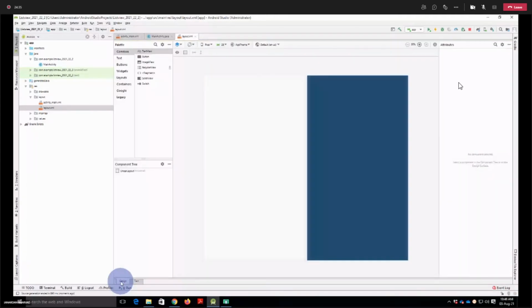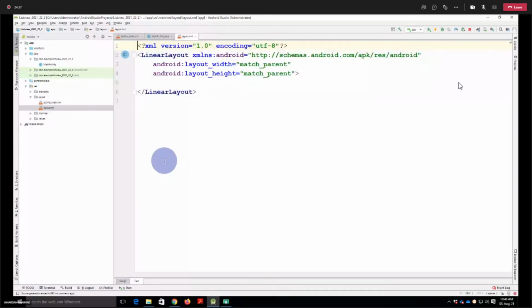Let me change this: instead of linear layout, I make it a text view, or you can do something else. So all the items will look like a text view, right? So I have just created one layout file, and instead of linear layout, I have changed it to text view, right?